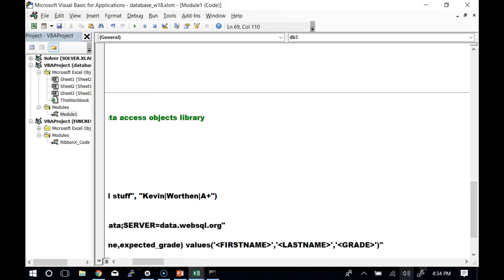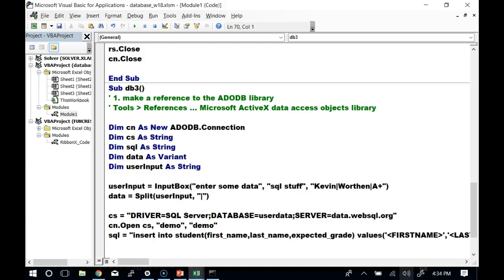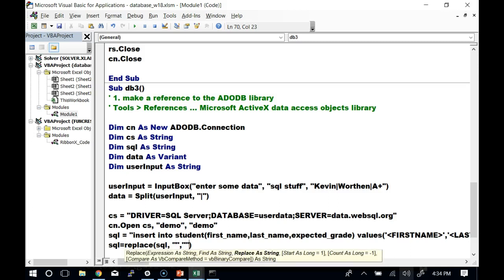So I've got those tags built into it, and now I'm just going to replace it. SQL equals replace. Look at SQL, look for something, replace it with something. What am I going to look for? Well, that first name tag that I built there. So far, this is nothing about SQL. This is just about string manipulation. Saying look for the characters angle bracket, FIRSTNAME, and angle bracket, and replace that with